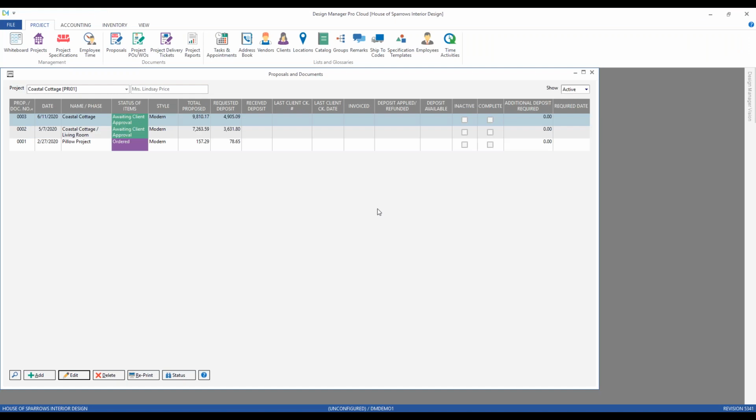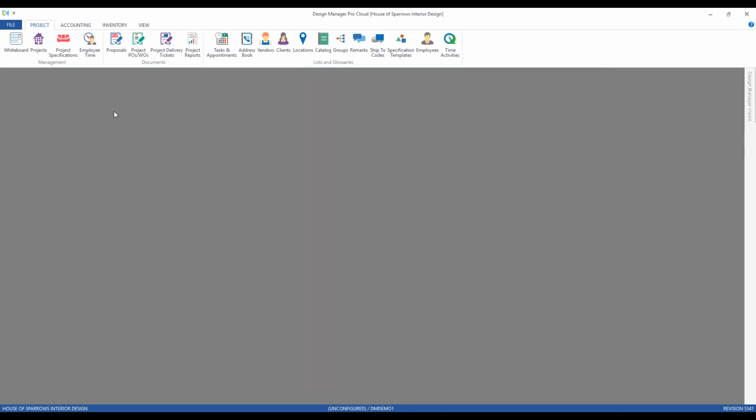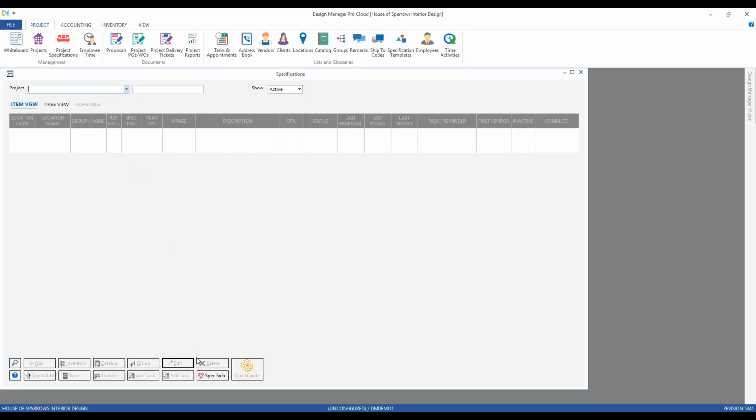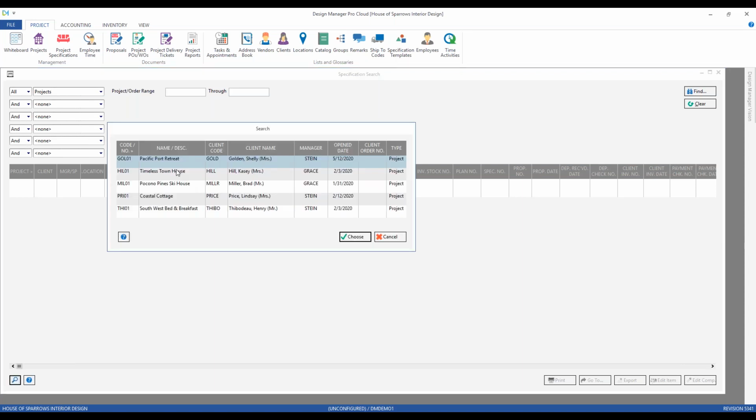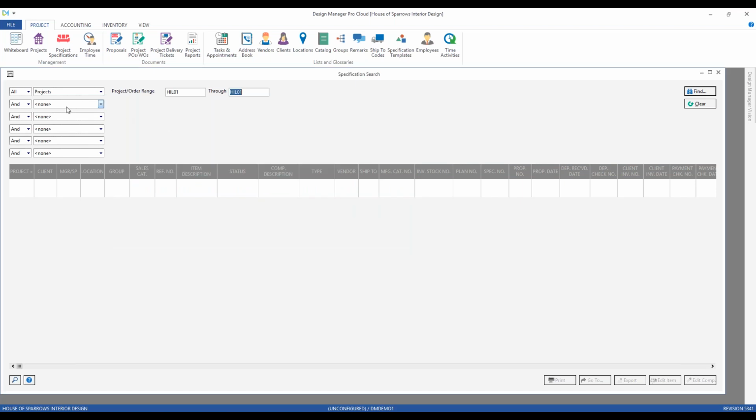Another function of groups is to use them as an additional, let's call it, data point. Let's take a look. If we use the specification search, which many of you know is accessed by going to your specifications window and clicking the spec search button along the bottom toolbar, we can input a project. Let's grab our timeless townhome. And then we can add an additional parameter of our